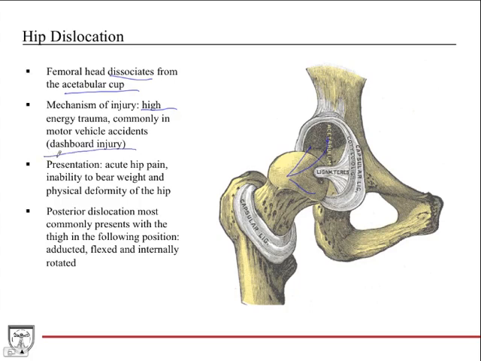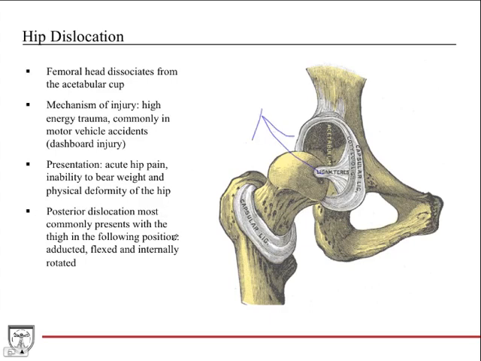The dashboard injury, where you're sitting with your hips flexed and then your knees jam into the dashboard during an injury, and that's what could potentially cause this. These patients will present with acute hip pain, inability to bear weight on that side, and then often potentially physical deformity of the hip. Posterior dislocation of the hip, where the hip would come out like this, commonly presents with